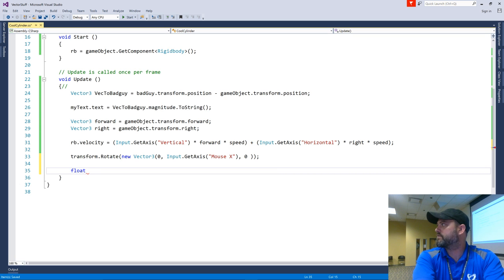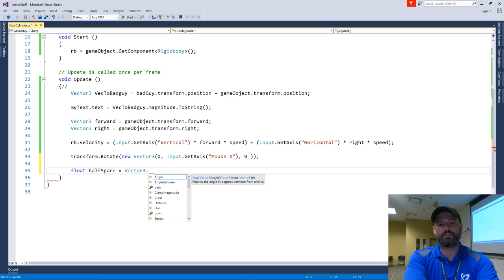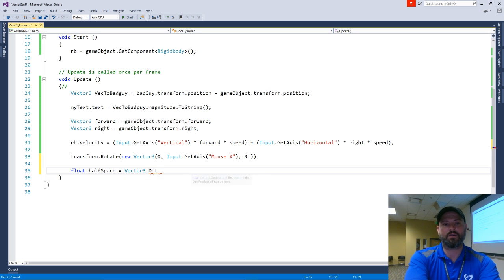And I'm not going to do the math for the dot product. There's math that is involved with this. You don't need to know the math. You don't need to know how to build an engine to drive a car. You just need to know what it does and how to use the tool, right? So half space equals, and this is going to be,